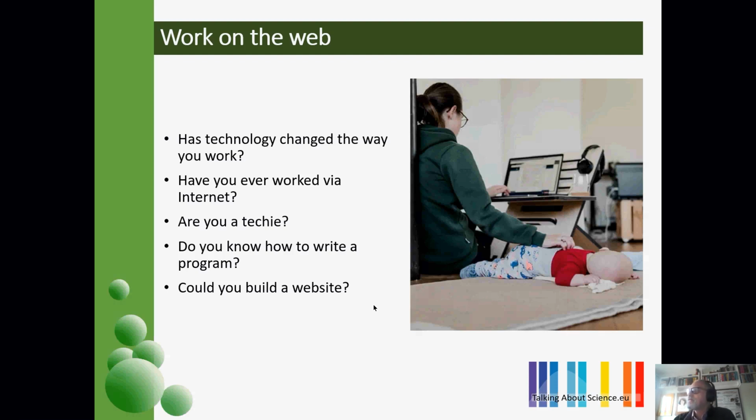This photograph intrigued me because this is a lady who is working from home, and to be honest with you, it does look like a doll, but I think it is actually a real baby. Now, from an ergonomic point of view, this cannot be good. Sitting on the floor with a laptop in front of you like this is not the best ergonomics. But anyway, apart from the details, this is the type of